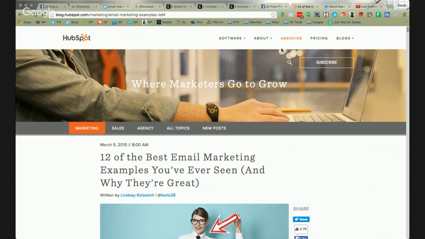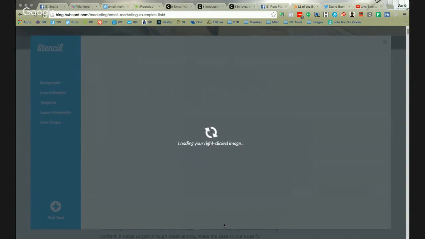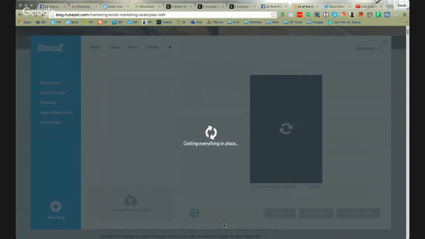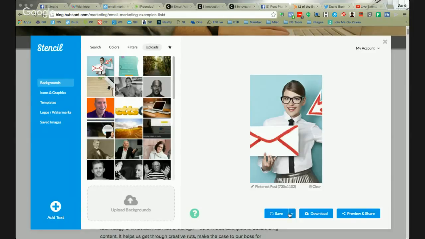And what I'm going to do here is take this image, and I'm going to use a different tool of mine called Stencil. Stencil is a way to build images that I can put onto any number of things: my blog, social media, any number of places. So I simply took that, and I'm sharing this image via Stencil. Right now it's pulling the image in, and I'm going to create a post that I'm going to actually put on.